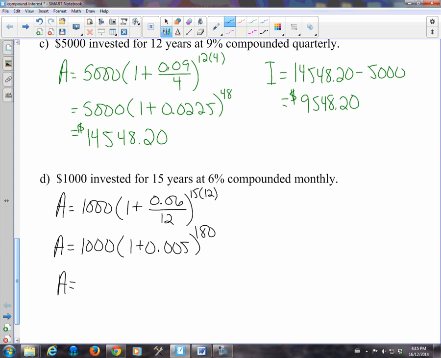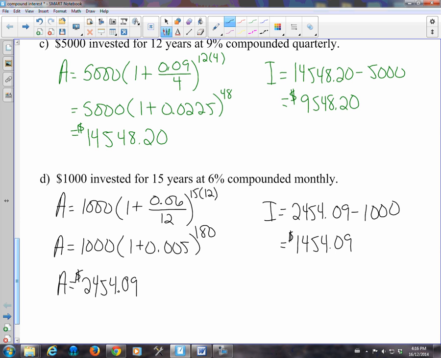So our future amount is 1,000 times 1.005 to the exponent 180, $2,454.09 is going to accumulate. So my interest will be $2,454.09. Take away the 1,000 I started with,